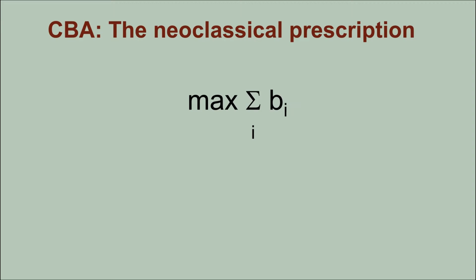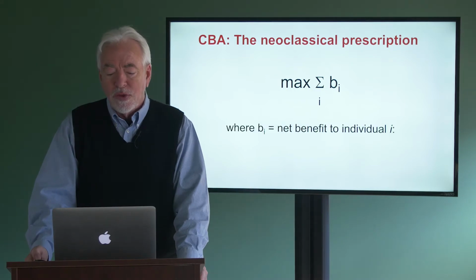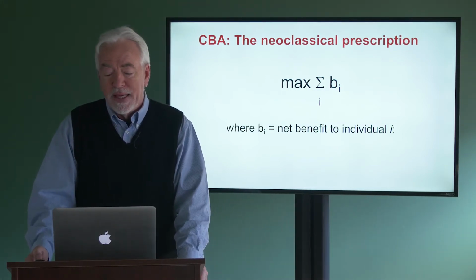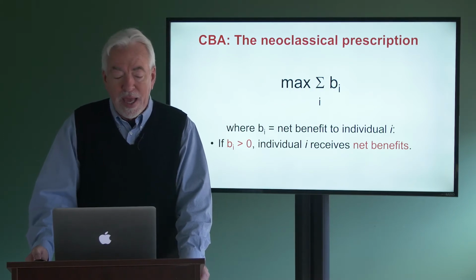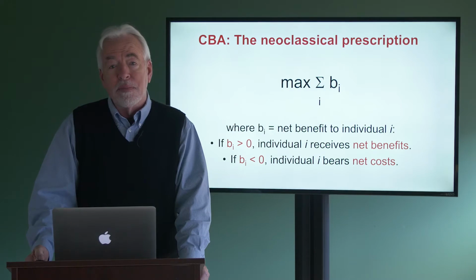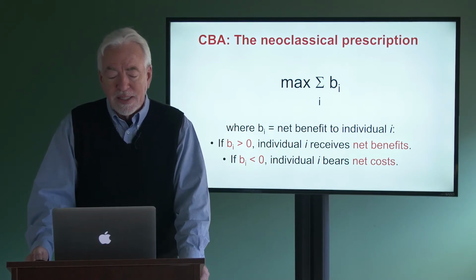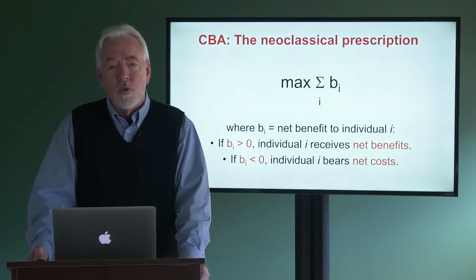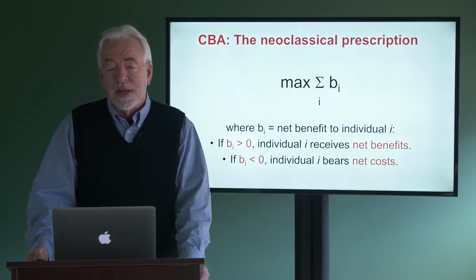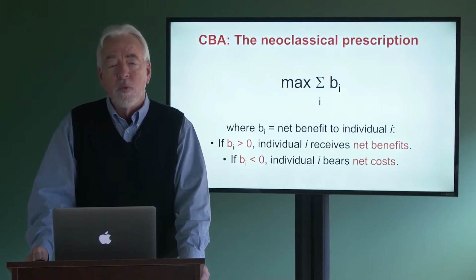Let's go back to the neoclassical prescription for a minute. One way to very simply express this in a mathematical formula is to say efficiency means maximizing something. It means maximizing net benefits to everyone in society. So if we denote those benefits to each individual as B sub i, if B is greater than 0, it means the person's coming out ahead. If B is less than 0, it means the person's coming out behind. They're bearing net costs, right? Maximizing those net benefits means just summing up the benefits to each individual in the society, the benefits and costs. That's that summation sign there, the Greek sigma. And that's the objective. That's the rule in neoclassical economics